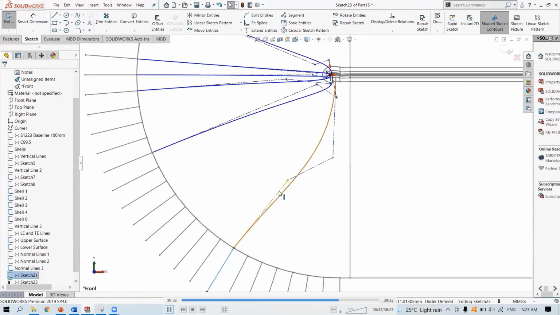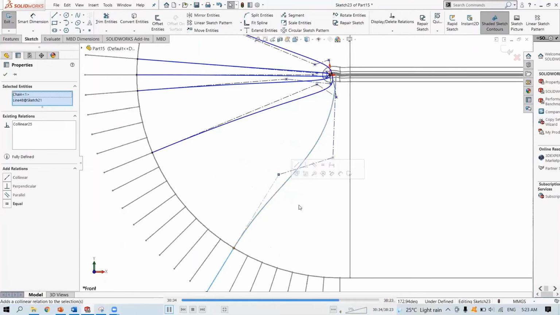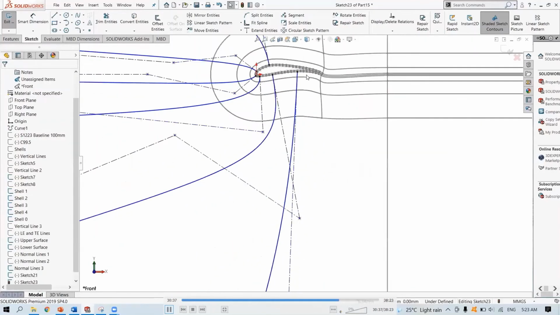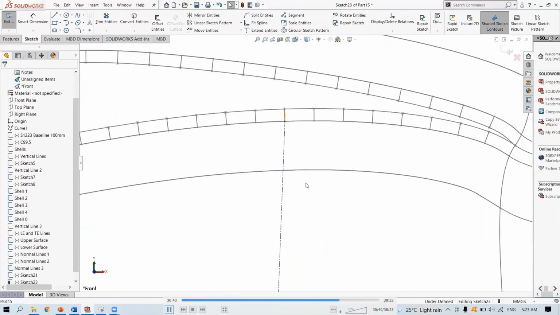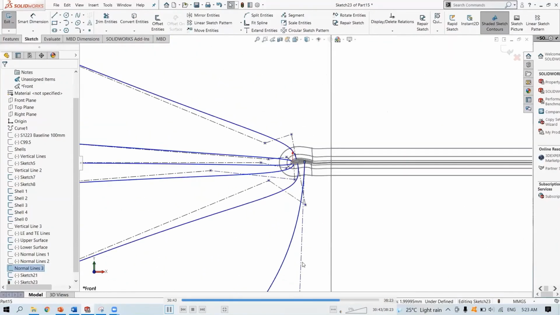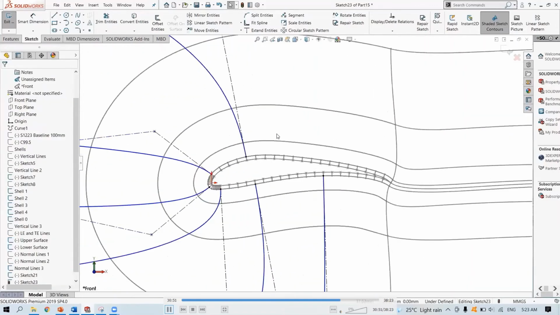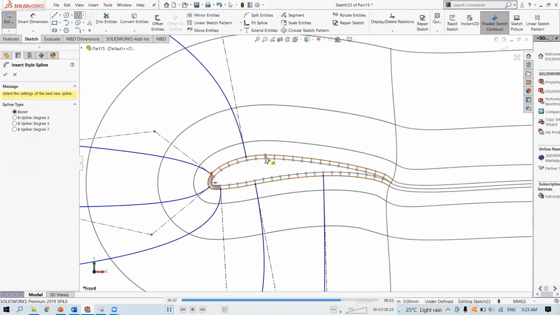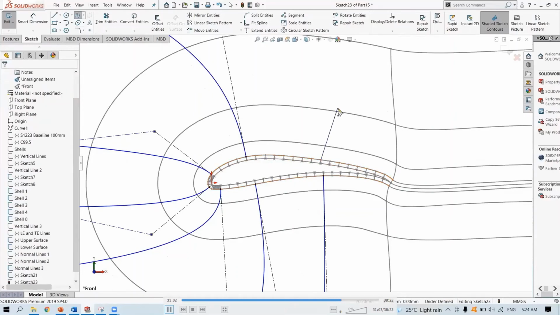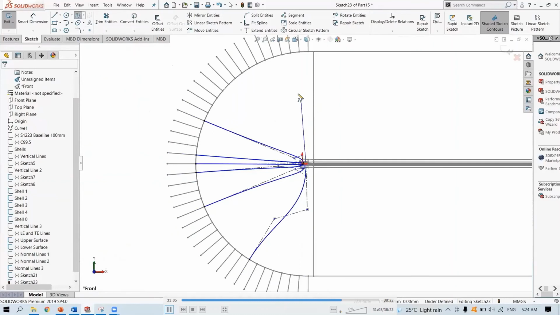Again, same thing, linear. 1, 2, 3, 4, 5, 6, 7, 8. Okay.